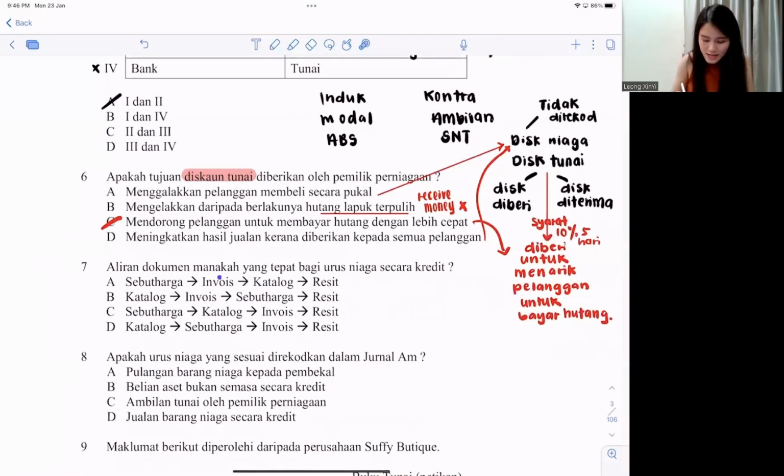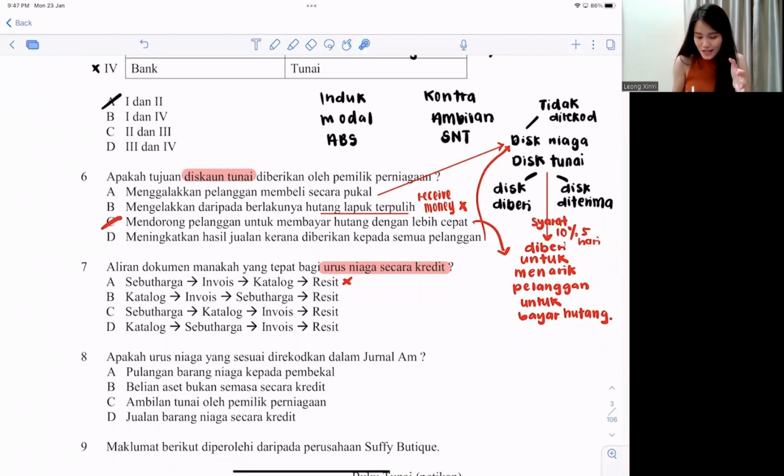Aliran dokumen manakah yang tepat bagi urus niaga secara kredit? So we want the document flow that's for secara kredit. Now here we have sebut harga, invoice, catalog, and receipt. This is definitely wrong. Why? Because you don't receive catalog after the invoice, because invoice is only issued when the person confirms they want to buy